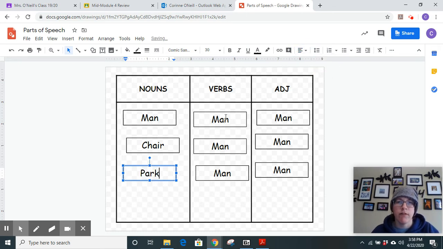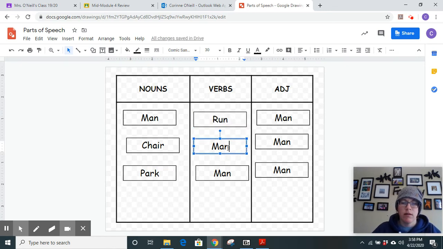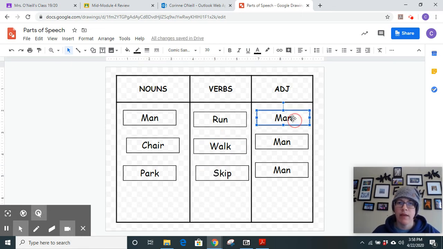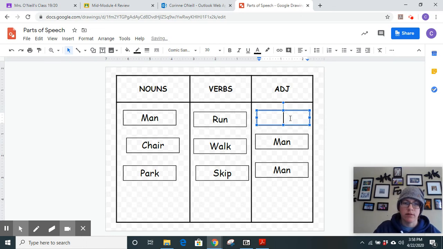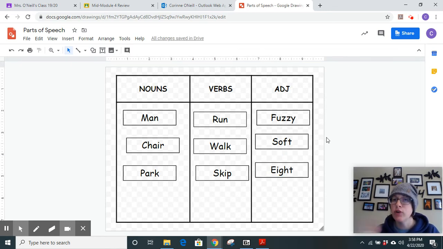And then for verbs, we'll do run, walk, I could type, and skip. And then for adjectives, we'll do fuzzy, soft, and 8. Now, you could be done with this and just move all of your text boxes over to